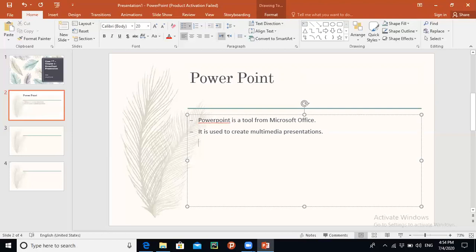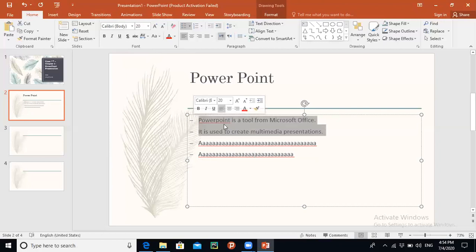In the same way, you can add various points to your slides. You can add different text over here. Now you can change your font size, style and color as well according to your requirement. For example, these options are given to apply on the font. You can see the font is written over here. So the settings to apply on font are present in this area in the Home tab.